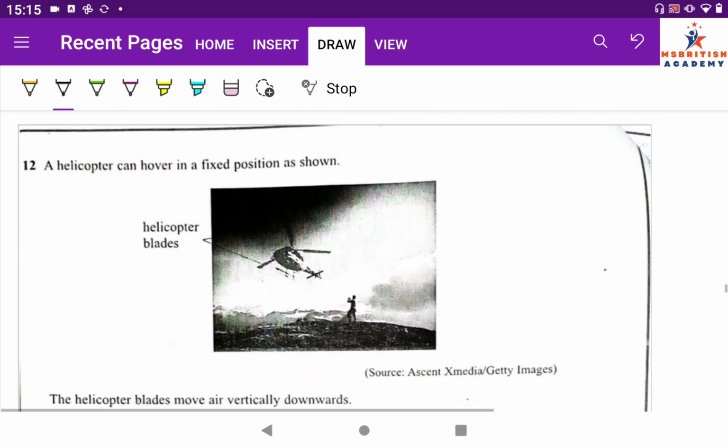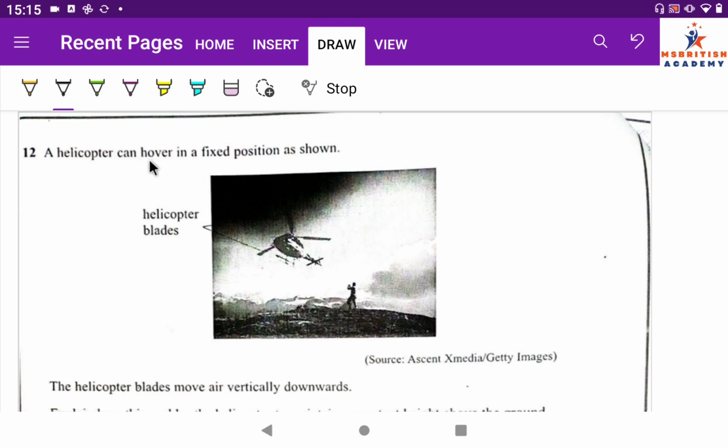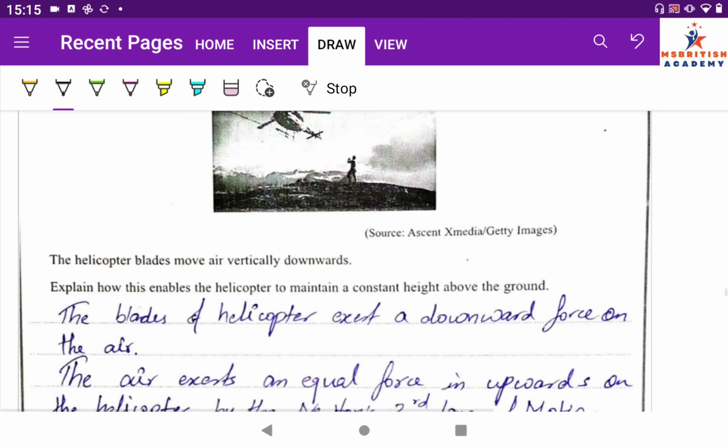Now a helicopter can hover in a fixed position as shown. These are the helicopter blades, and the helicopter blades move air vertically downward. Explain how this enables the helicopter to maintain a constant height above the ground. Because the blades of the helicopter exert a downward force on the air,